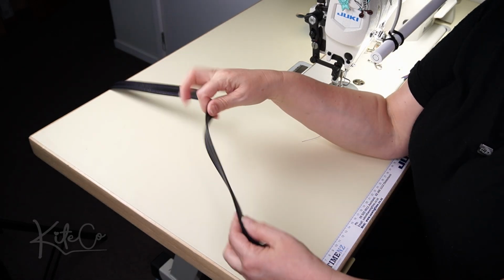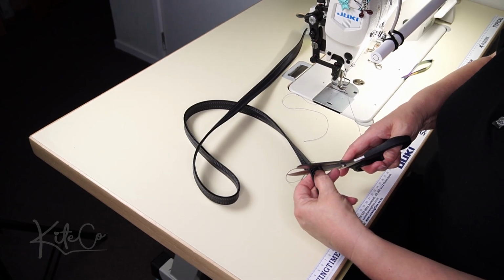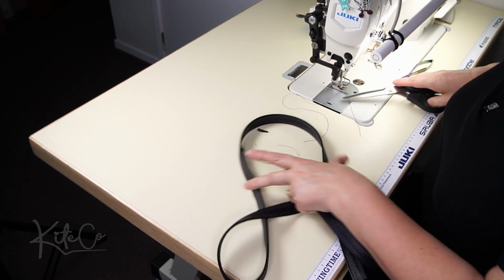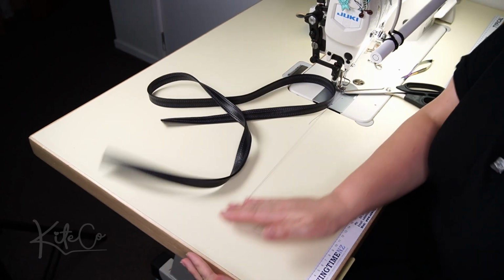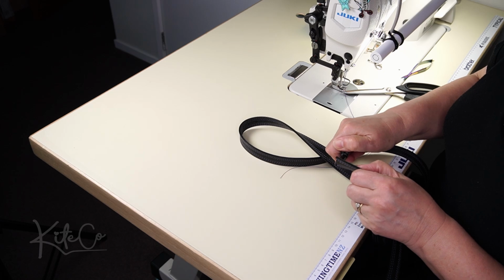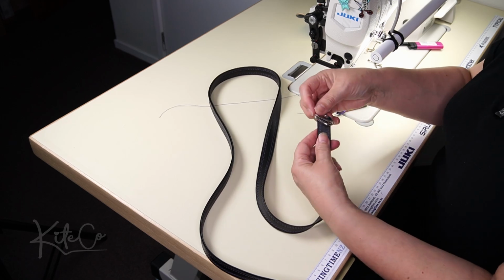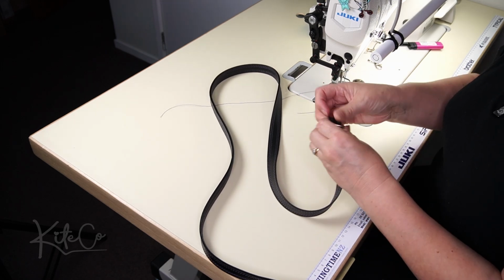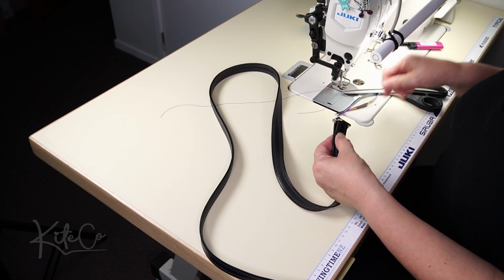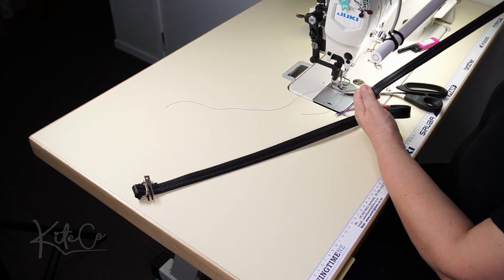So there is our double strap. I'm going to give those a good trim over the edge. Burn your little ends. Okay, so we're going to go up through our slide adjuster and down the other side like that. And I'm just going to rivet this strap in place. So I shall rivet it there. Now keeping that the same way up,